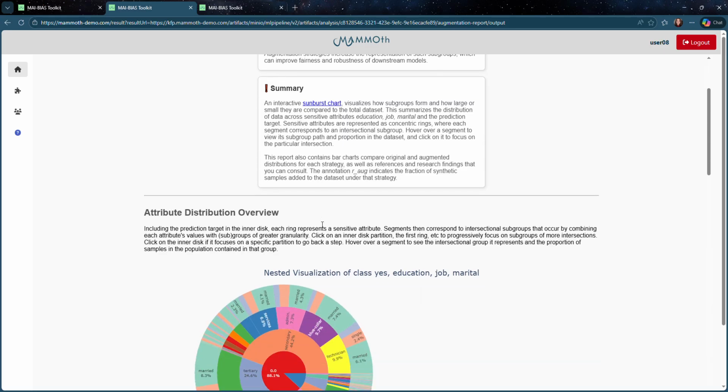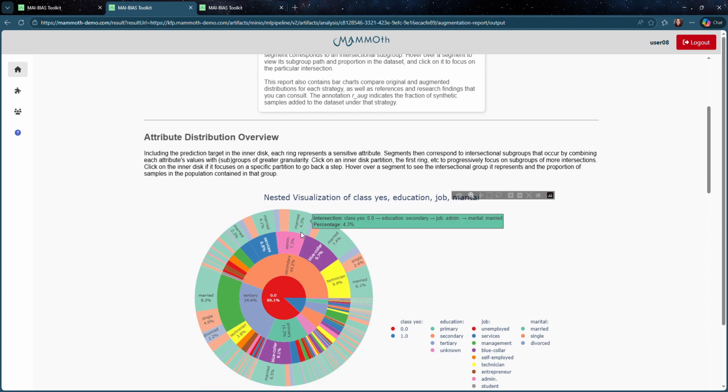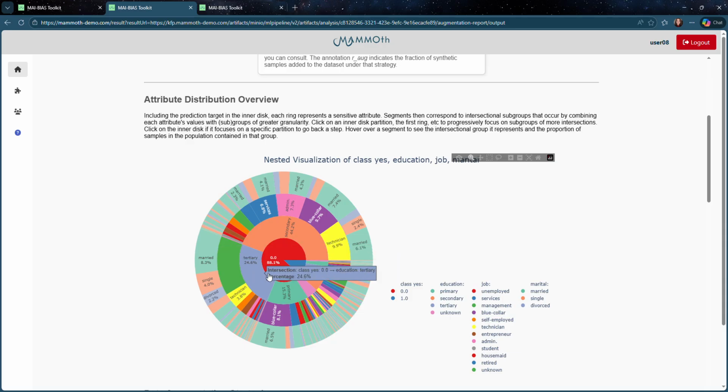Going through the available charts, we can see a visualization of how different subgroups are formed by combining attributes such as education, job, and marital status. Each one of these represents a subgroup, and its size reflects how many samples belong to that group.